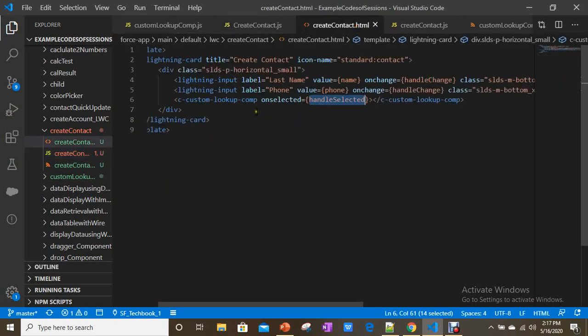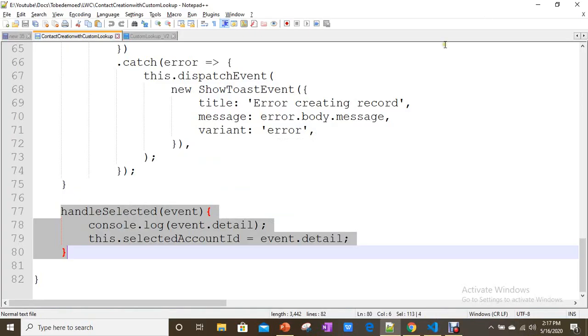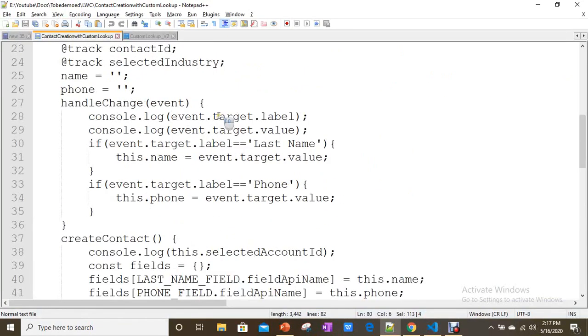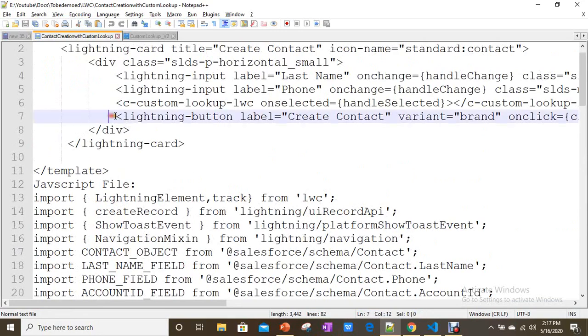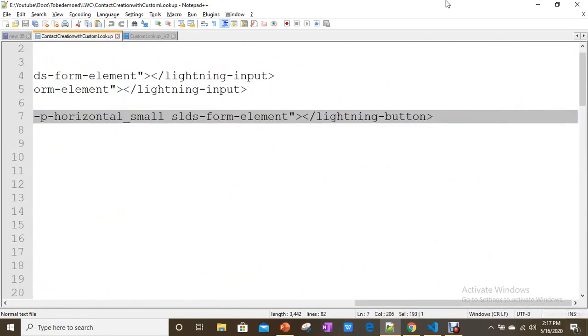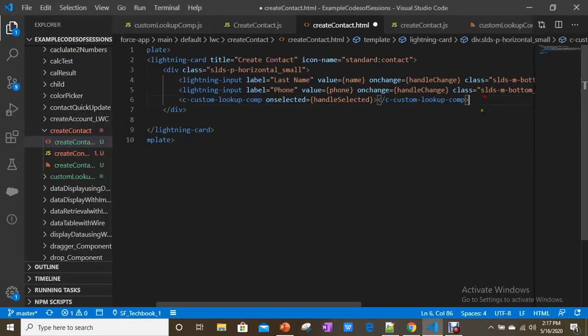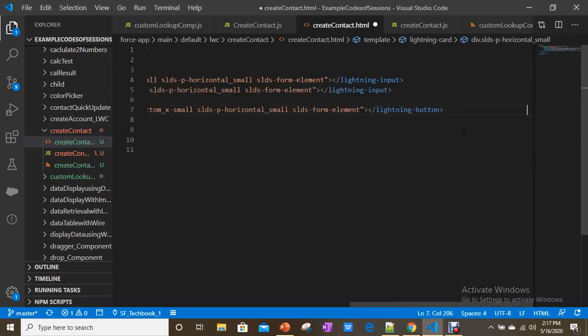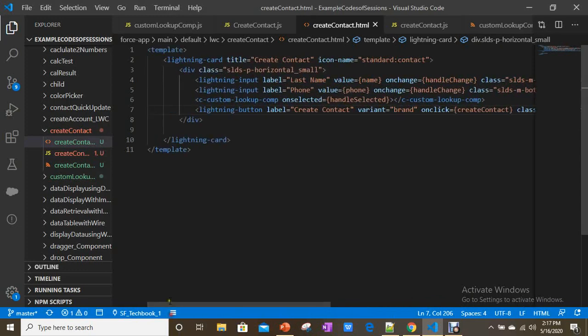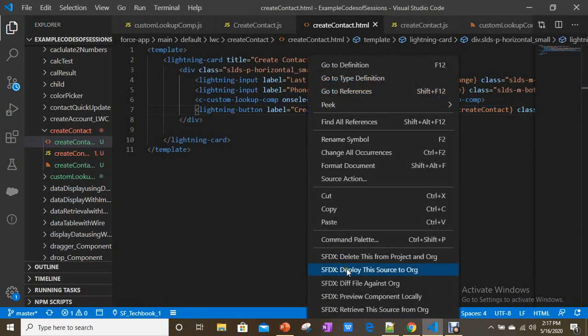Now after all, I am going to include a button. In this, I am calling the createContact method, which I just defined.